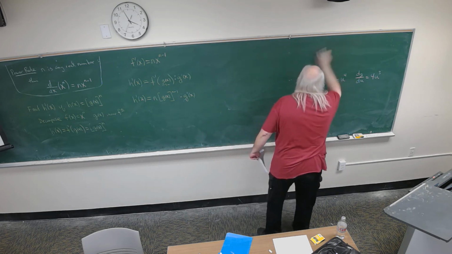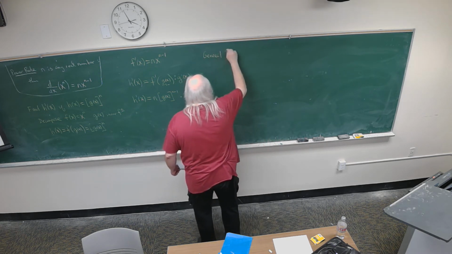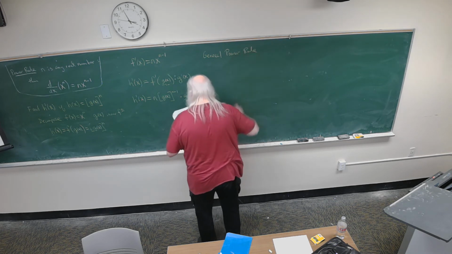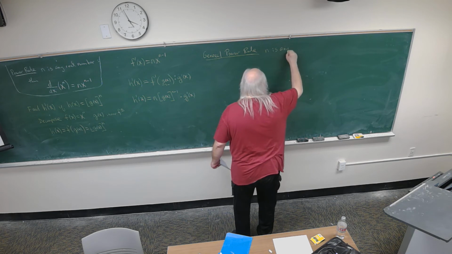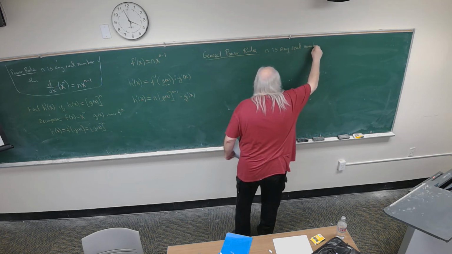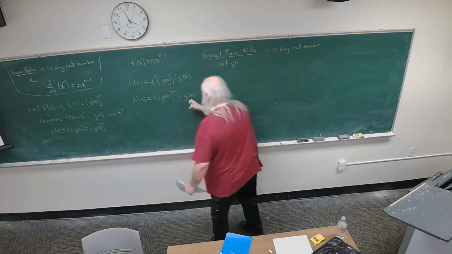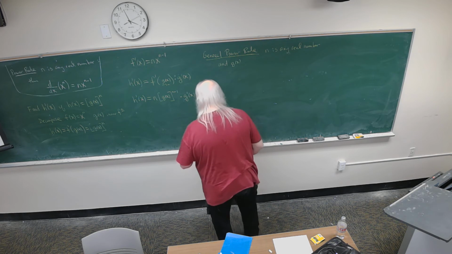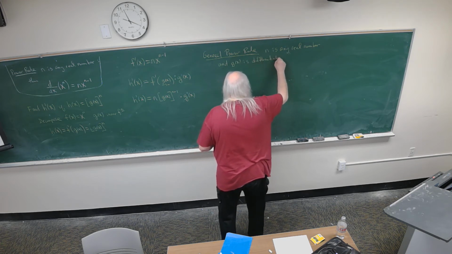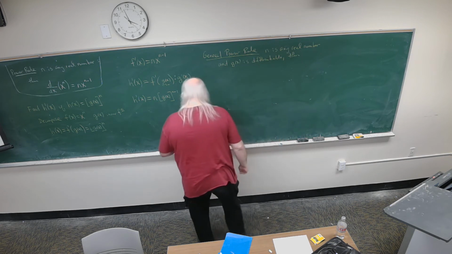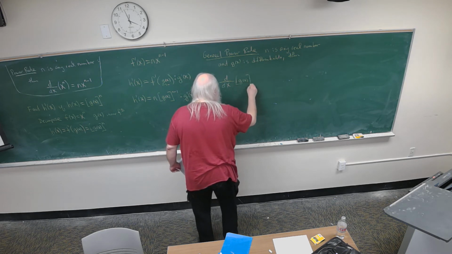So what we have shown is that if n is any real number, and g of x is differentiable, now we're differentiating g of x, so g of x obviously has to be differentiable, then the derivative with respect to x of g of x to the nth power